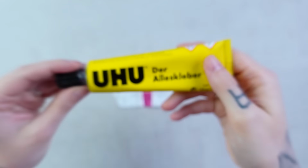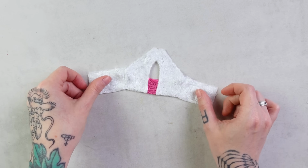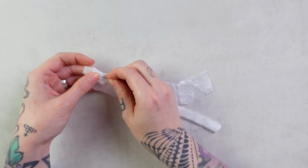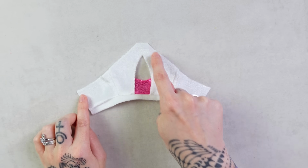After it was glued and dry, I then take the back parts of the top and sew them along the side seams, good sides in. To finish the top off on the bottom, I then add this folded around strip and pin it to the top like this so I can sew it on. After sewing, it looks like this, and I now need to clean up the top seam on the top as